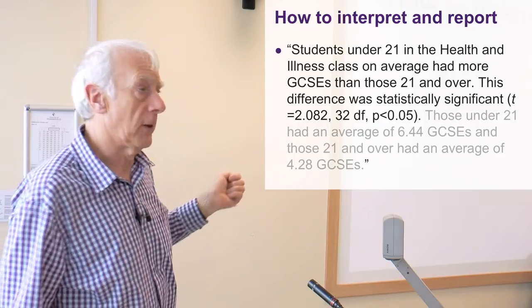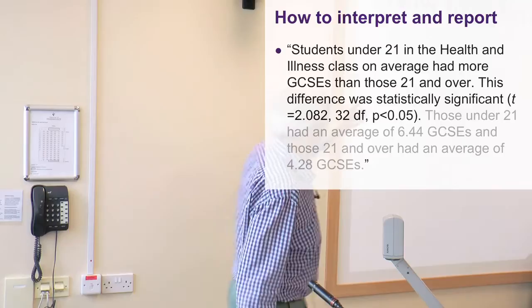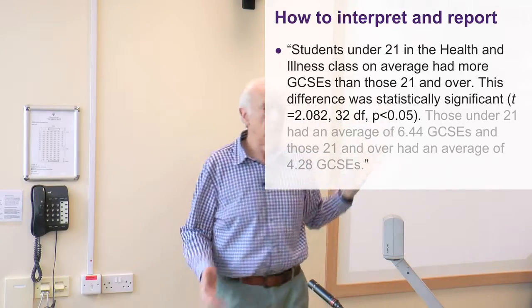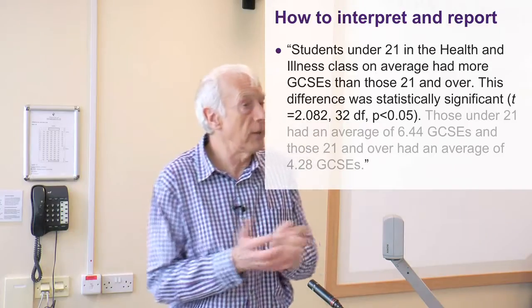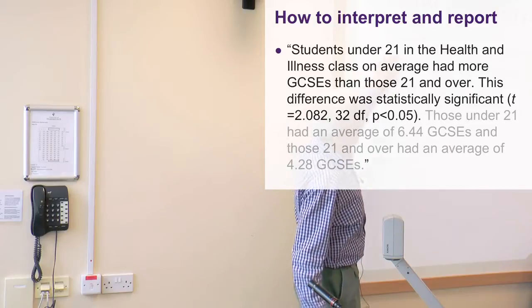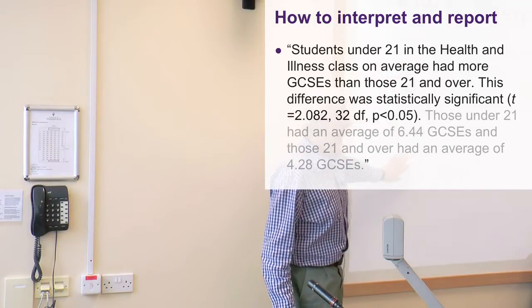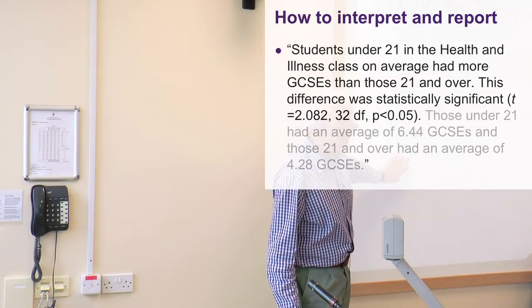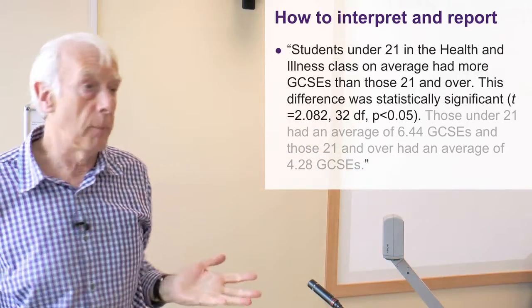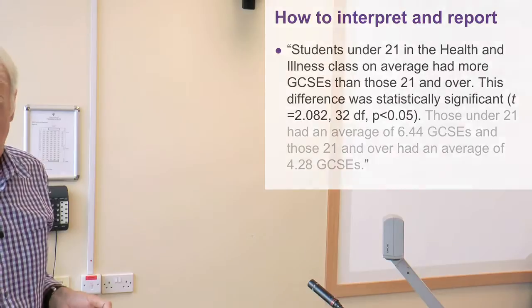The important thing to emphasize here is not just simply to quote the statistic. The statistic tells you only that you've got a significant result. It doesn't tell you what the result is. So you need to either say what I've said in the first sentence here about the differences, or add on, or instead put what I've said here at the bottom as well. So that's how you report the t-test. Okay, so